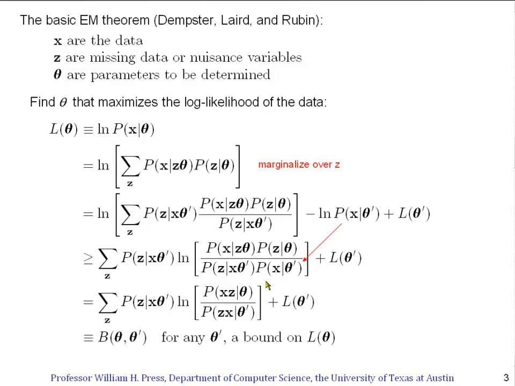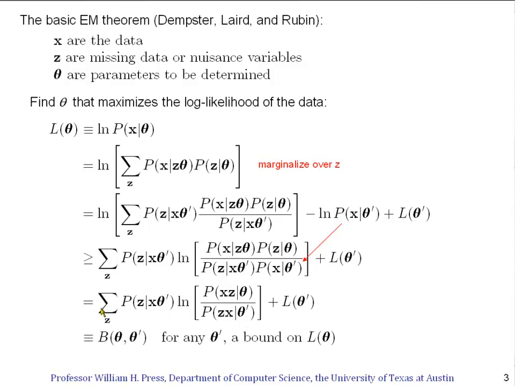Now, you still may not be able to see where we're going until the next slide, but let's just define this whole thing here as a function of two variables. It's a function of theta and theta prime. In other words, it's a function in two different guesses for what the parameters may be. And the trick is going to be that we can kind of leapfrog between these two arguments to get an iterative method. Now notice that if I set theta equal to theta prime, then this becomes 1, the log of